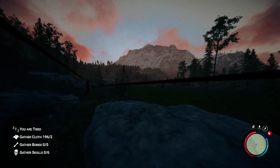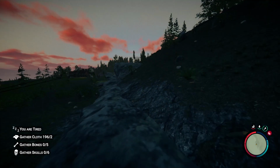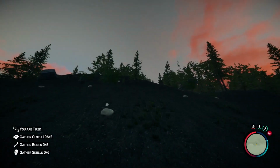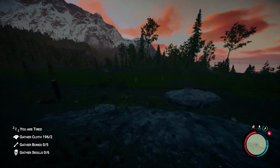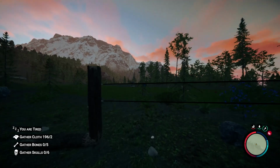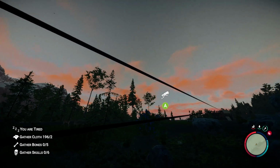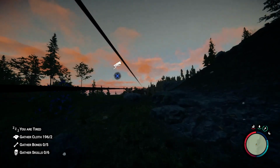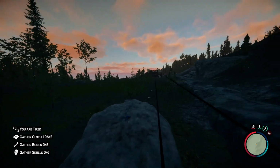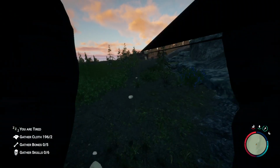And I have a couple of these zip lines around just to get from A to B that much faster. I originally had it so when I chop down wood, I can make it roll down this hill, and once I put the wood on here, I think you've seen it in the videos, the wood will glide all the way to the cabin. So yeah,